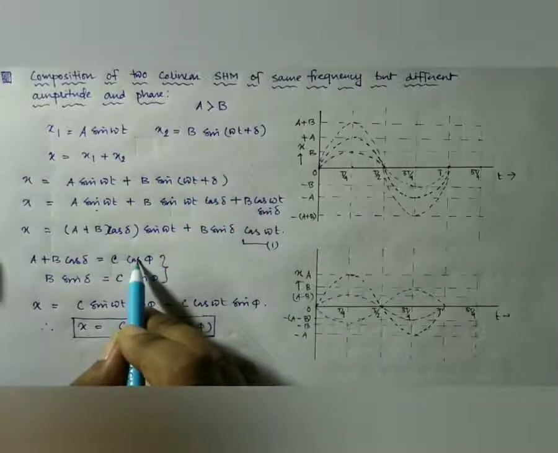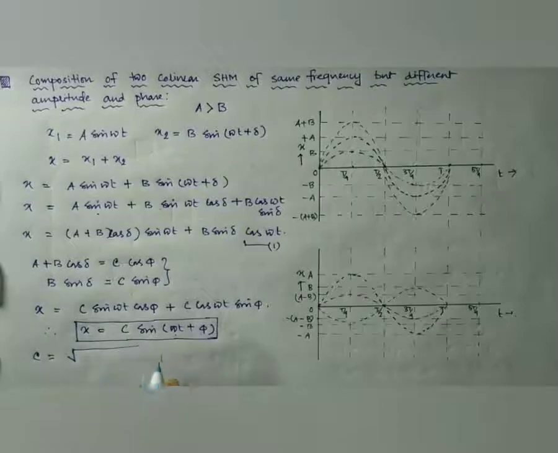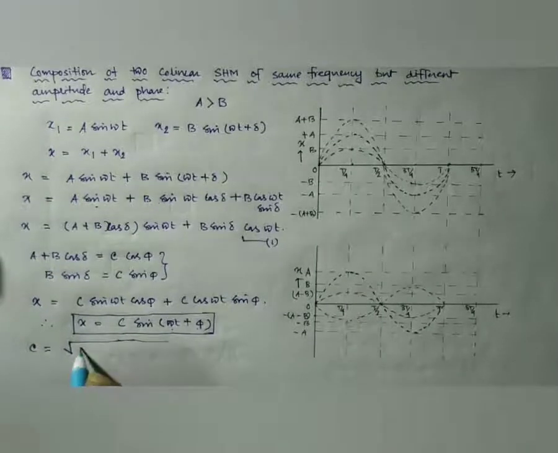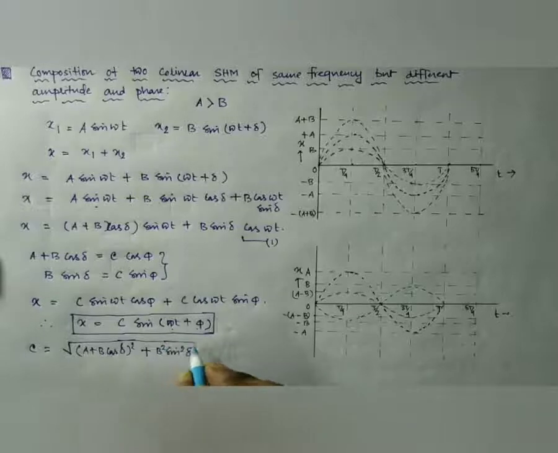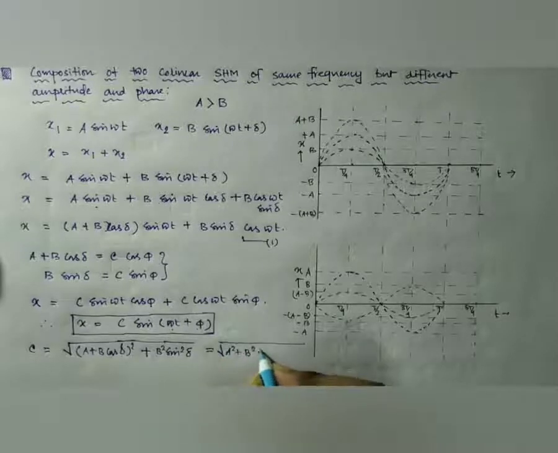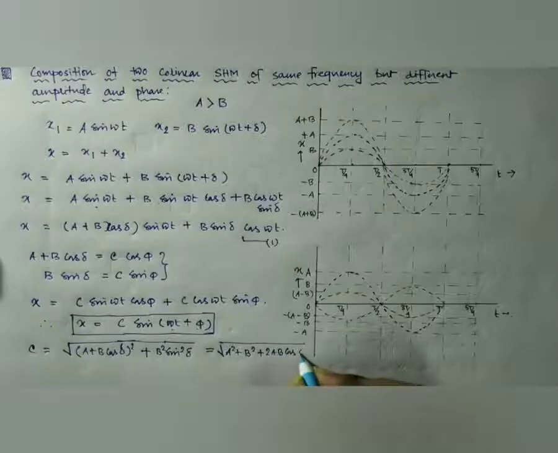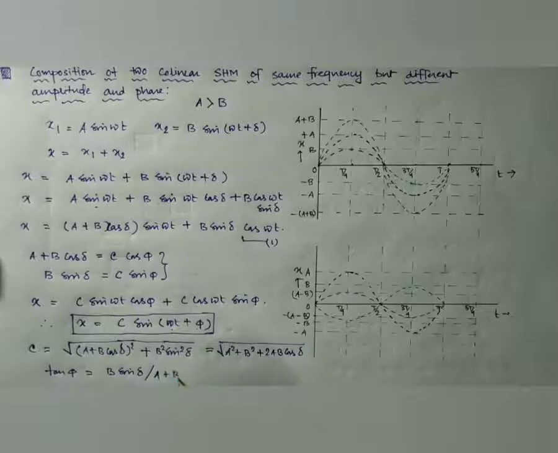Now what is the value of c? If we square and add these two terms, we have c equal to root over of (a plus b cos delta) whole square plus b square sin square delta. Rearranging these terms, we have root over of a square plus b square plus 2ab cos delta. And what is the value of phi? Dividing this equation by this one, we have tan phi equal to b sin delta divided by a plus b